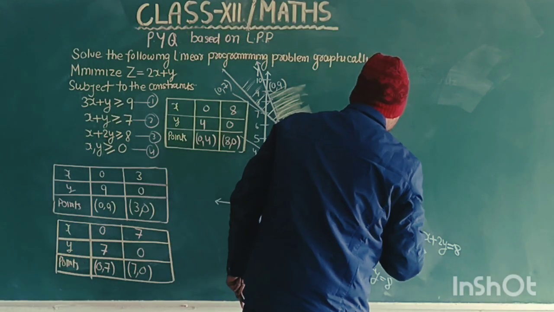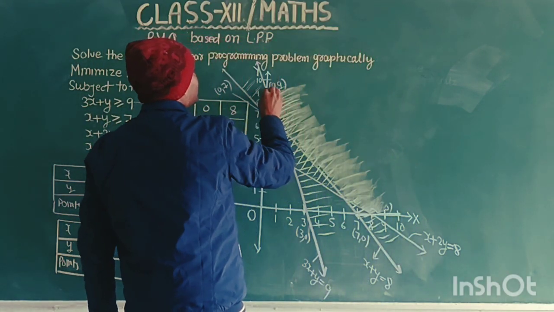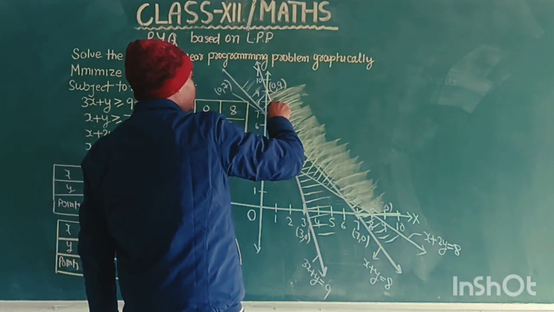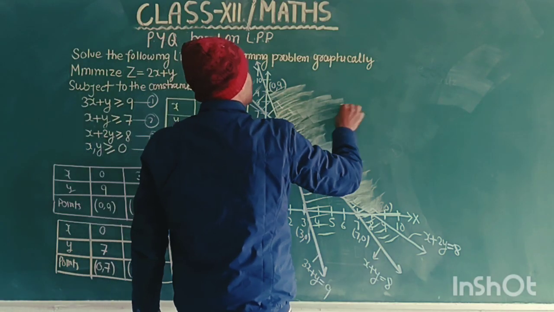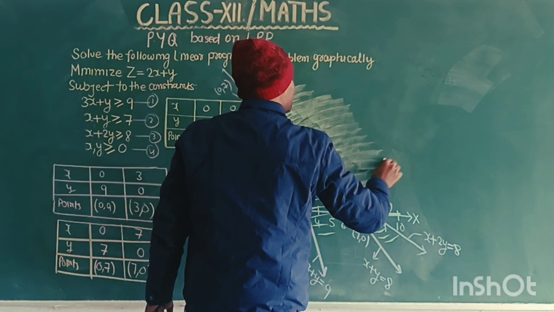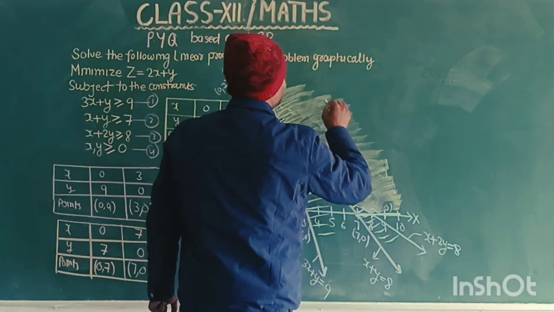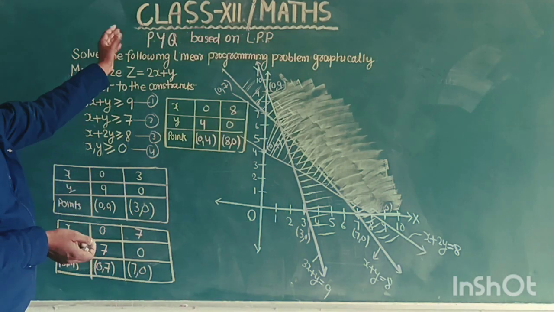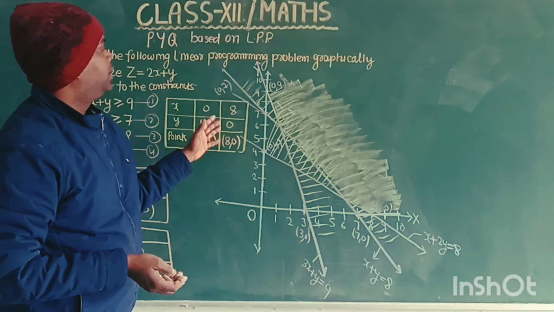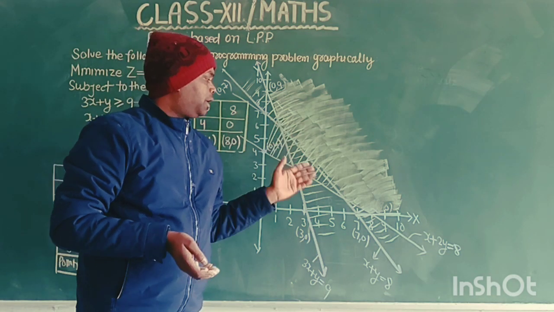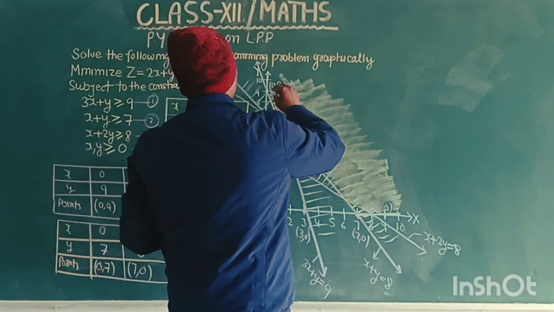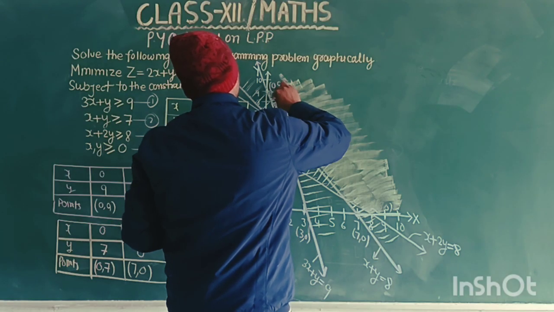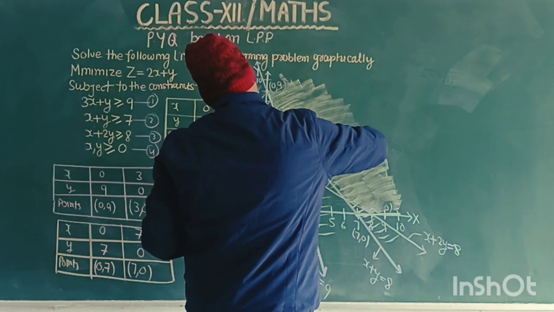So this is x greater than 0 and y greater than 0. So we have seen that this is our feasible region, which is not common in all the given constraints. The region is not bounded, this is unbounded. Okay, so as we know how to check maximum and minimum in a bounded region, what if the region is unbounded?